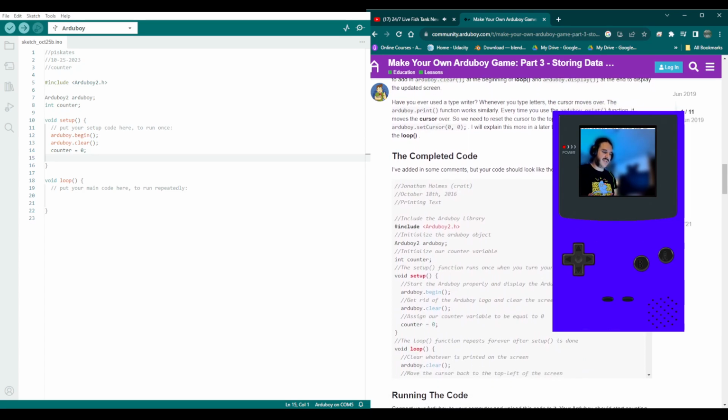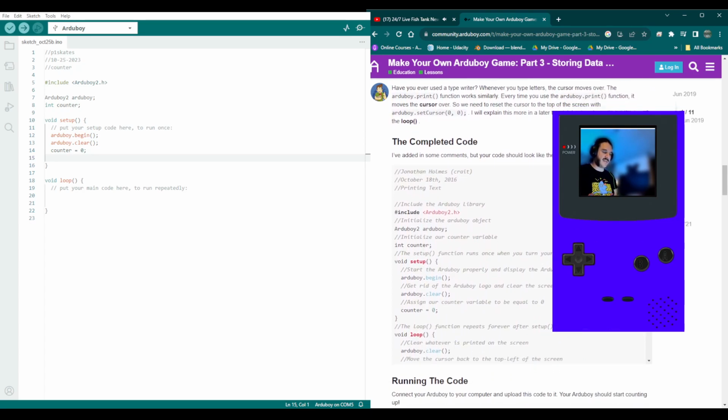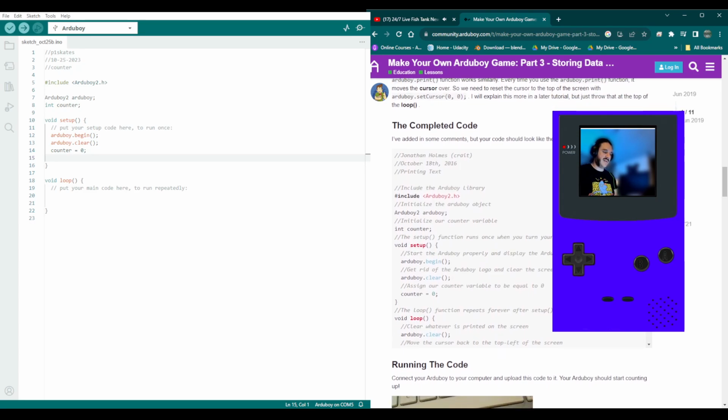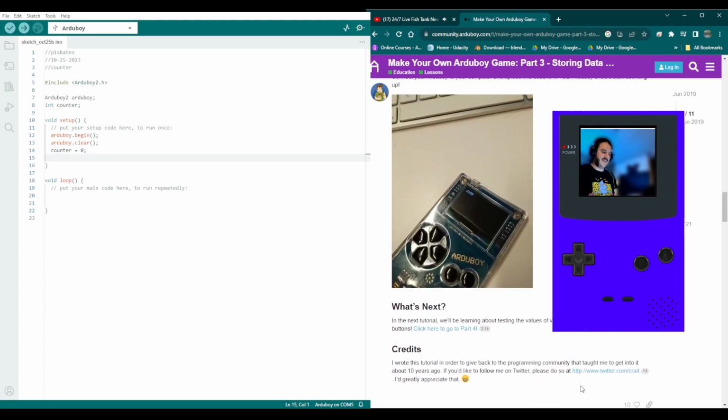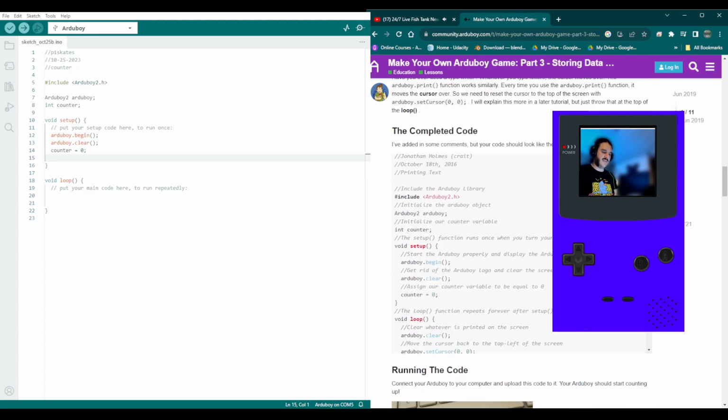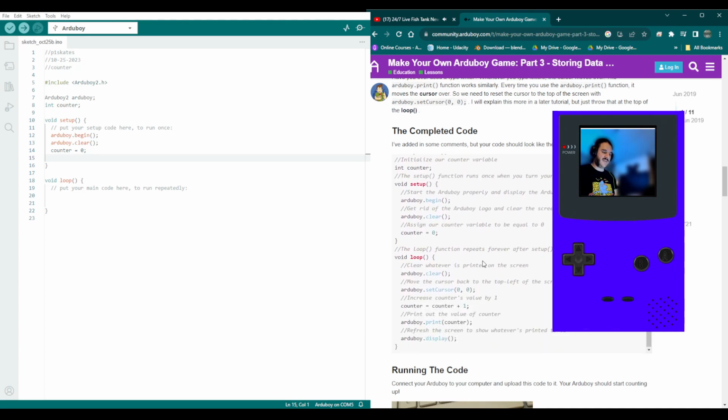What's all this? The completed code. So you changed it to printing text. It's not called counter anymore. And he puts a lot of comments into it. And then look, that looks like the end of the tutorial already. All right, there's the counter. So in the loop, he does